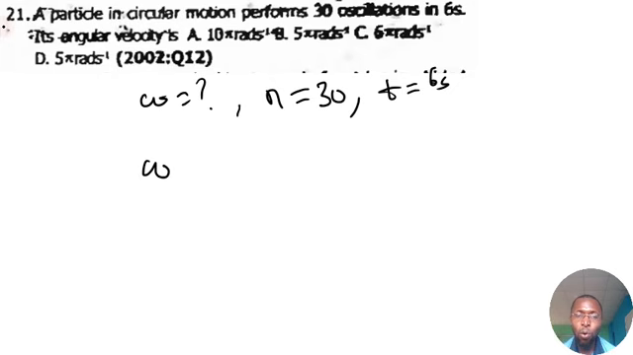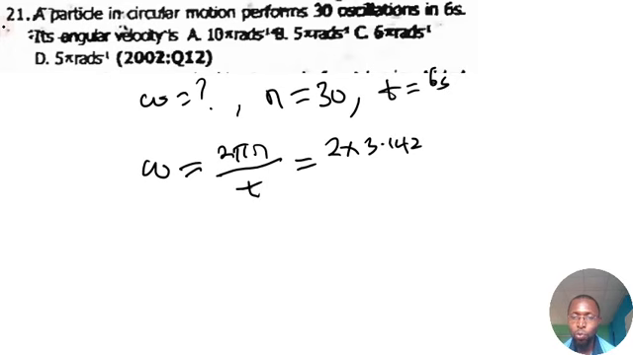So another formula for angular velocity is 2 pi n over t. So take note of that too. So that is 2 times pi, which is 3.142, times our n which is 30, over t, which is 6. Okay, so 6 into 6 is 1, 6 into 30 is 5. So we can see here that 2 times this 5 is 10. So we have 10 times